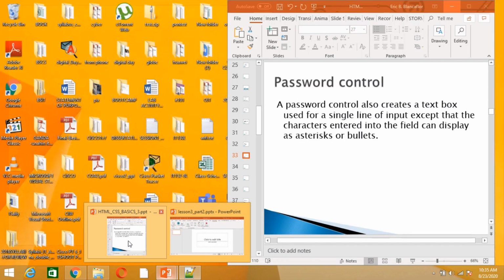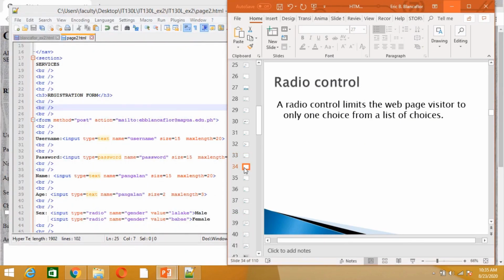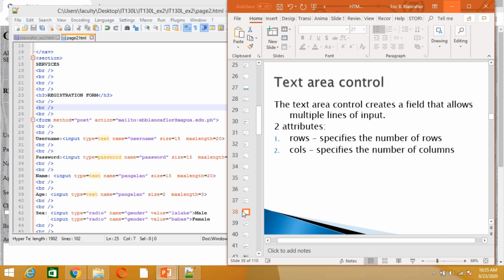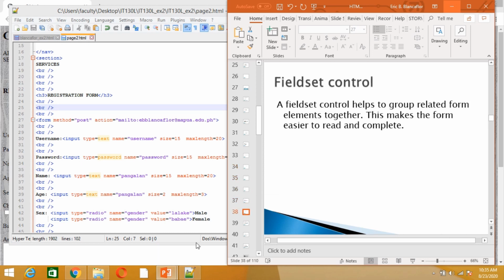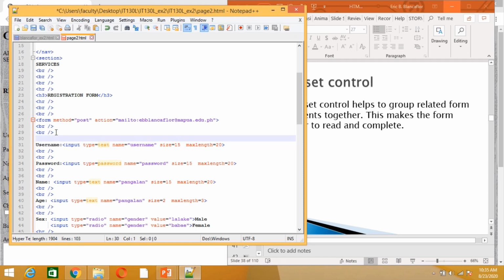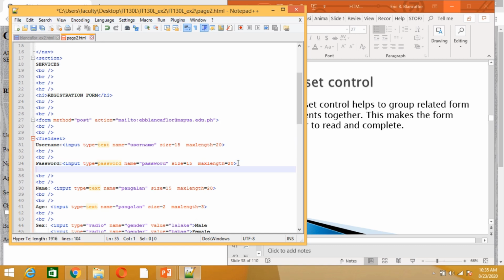Okay. So I think I'm done with the basics of the HTML forms. So I have already covered those: the password, the radio button, the checkbox, the selection box, the text area, and then the field set. Field set is a way for you to group your forms. Example, I'd like to group the username and the password. So I will enclose these two with field set, slash field set, and Control S,